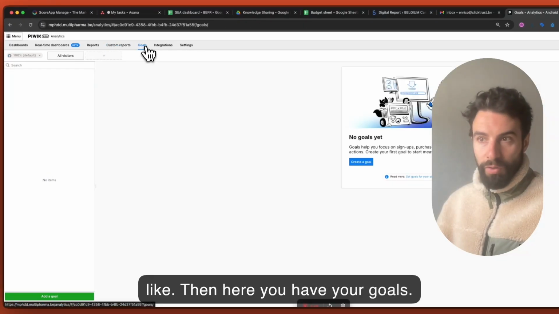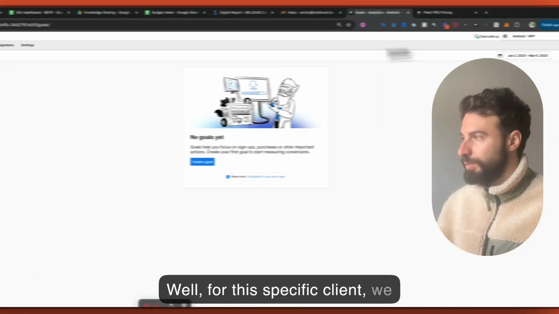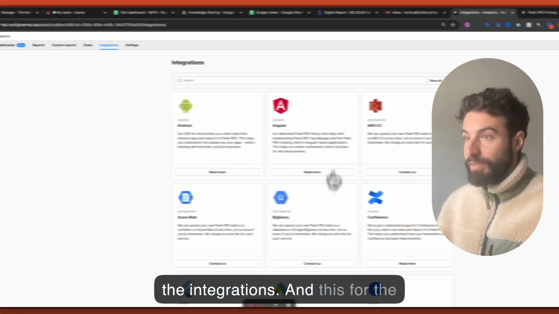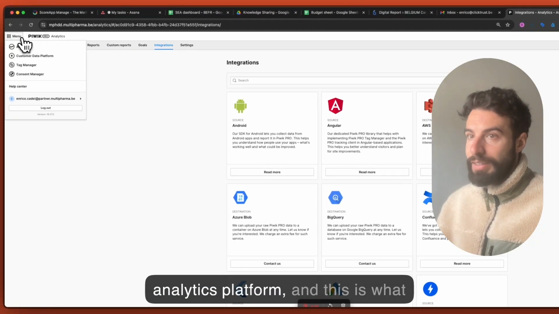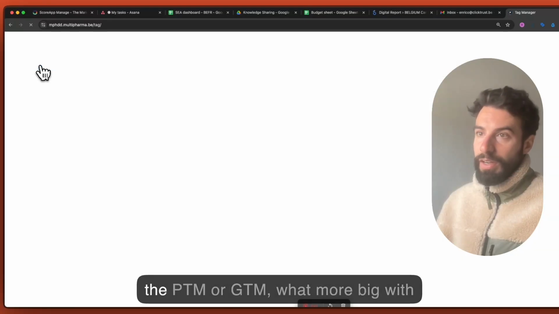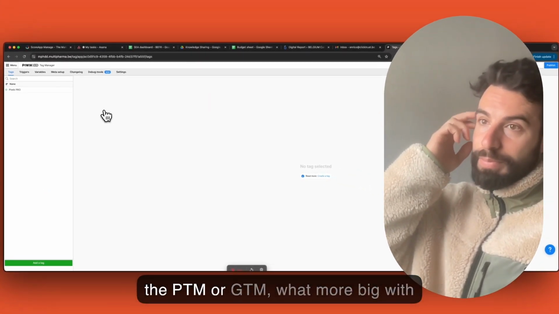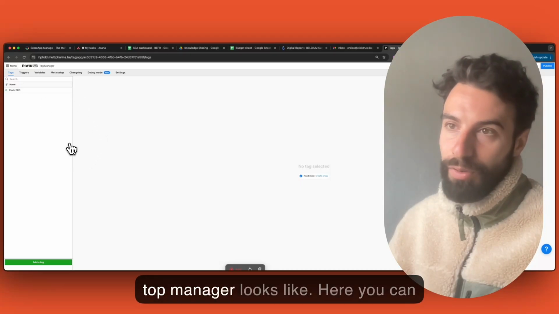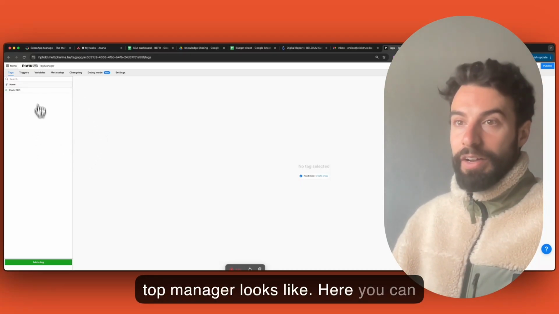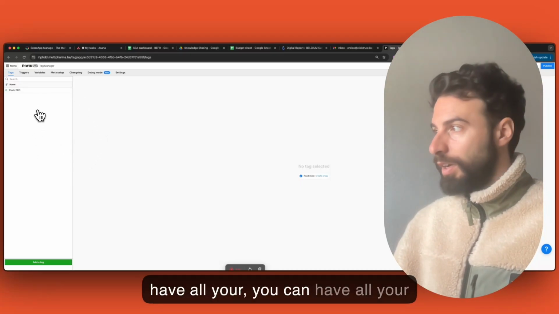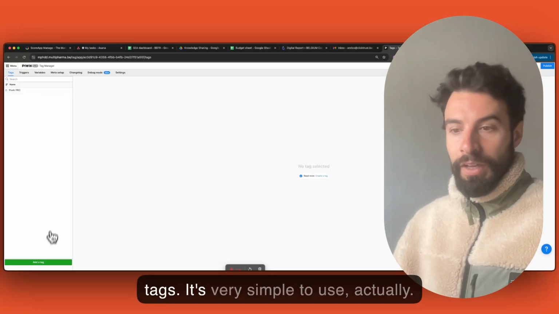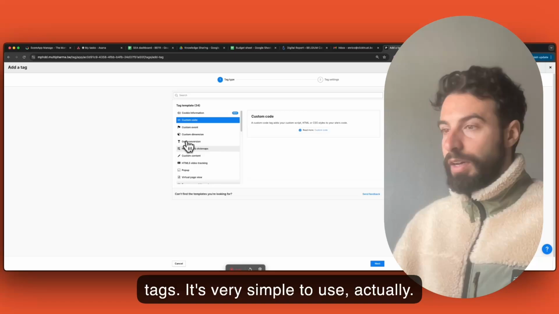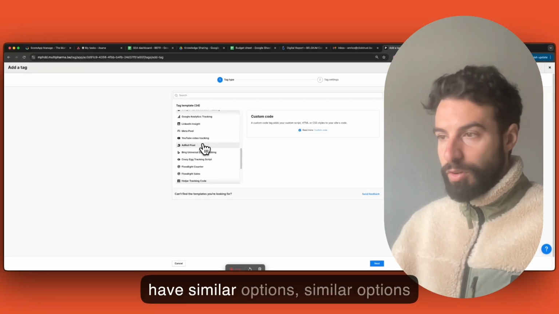Then here you have your goals. Well, for this specific client we haven't created any, and here are all the integrations. And this is for the analytics platform, and this is what the PTM, or more precisely Piwik Tag Manager, looks like, similar to GTM. Here you can have all your tags. It's very simple to use actually. You have similar options